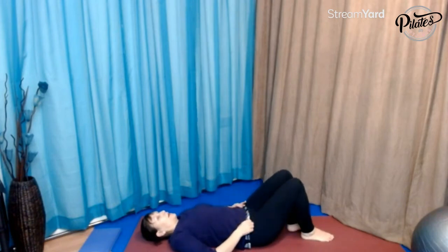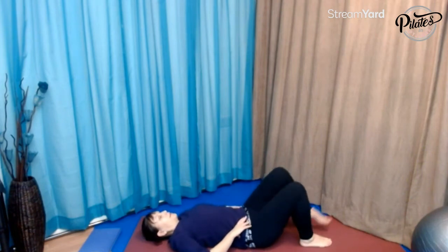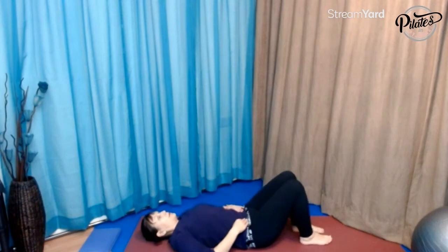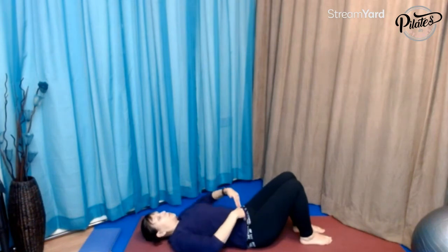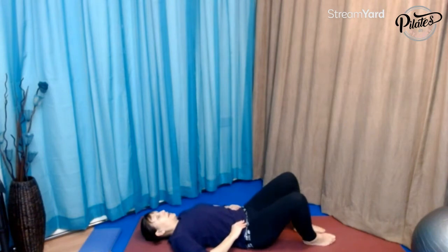We're going to come back to a little bit of pelvic stability. Feet comfortably bent, knees bent, feet hip width apart, hands on the pelvis. You can let the elbows relax on the floor this time. So we're making sure that those bony protrusions on the top of your hips stay facing towards the ceiling. So hold that, engage the core and breathe in as you breathe out, taking the right knee towards the floor,